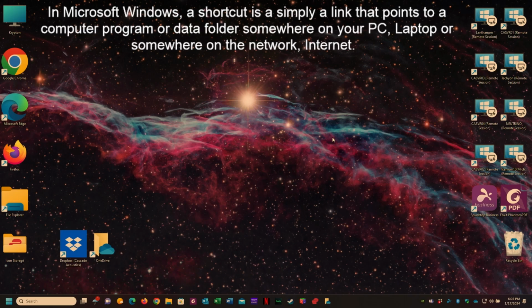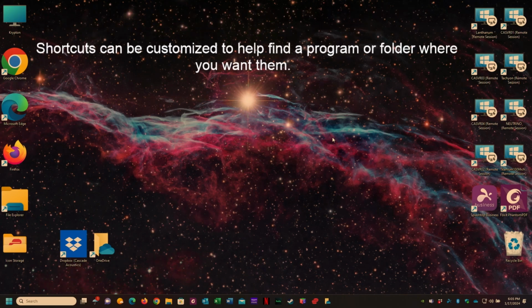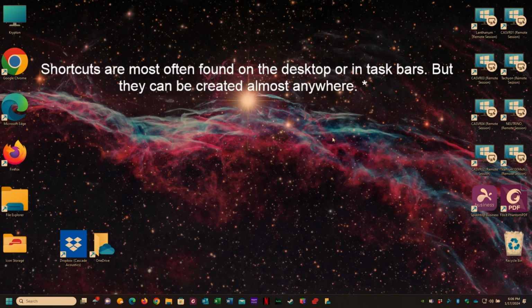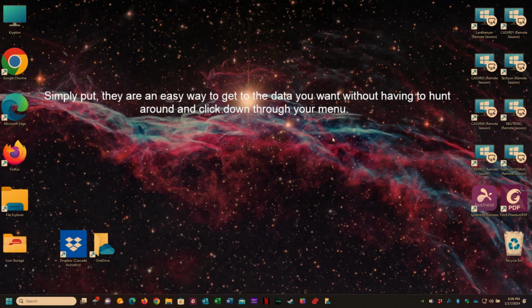In Microsoft, a shortcut is simply a link that points to a computer program or data folder somewhere on your PC, laptop, or somewhere on the network or even the internet. Shortcuts can be customized to help you find a program or folder and placed where you want it. Shortcuts are most often found on a desktop or in the taskbar, but they can be created almost anywhere. Simply put, they're an easy way to get to data you want without having to hunt around and click down